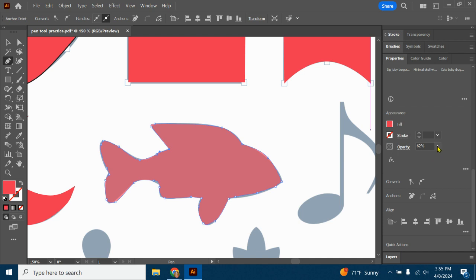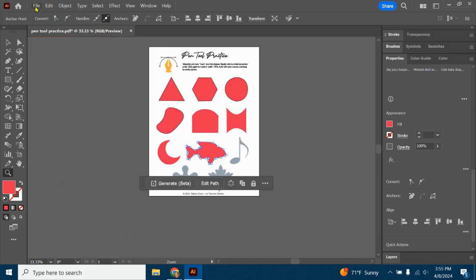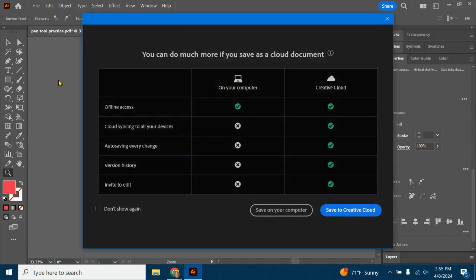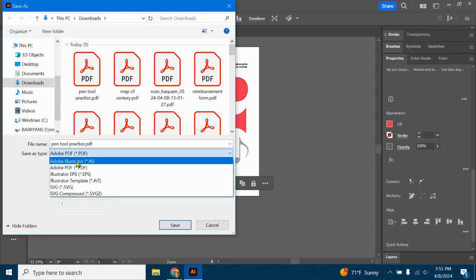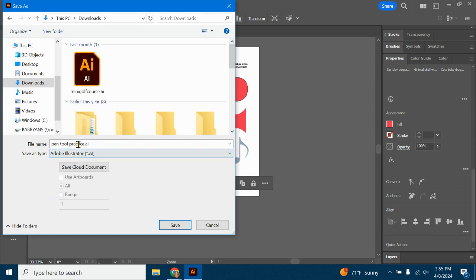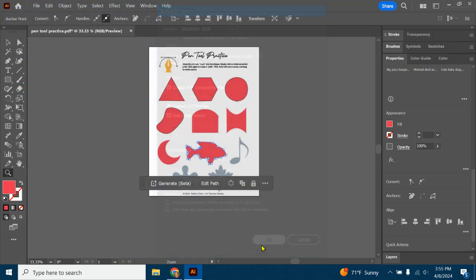All right, from here, you're going to go to, so let's say I'm done. First of all, I'm going to zoom back out so we can see it. You're going to go to File, Save As, Save on your computer. We're going to change this to Adobe Illustrator. You can call it Pen Tool Practice or whatever you want. You're going to click Save, and then that is what you're going to upload to Google Classroom, and that will